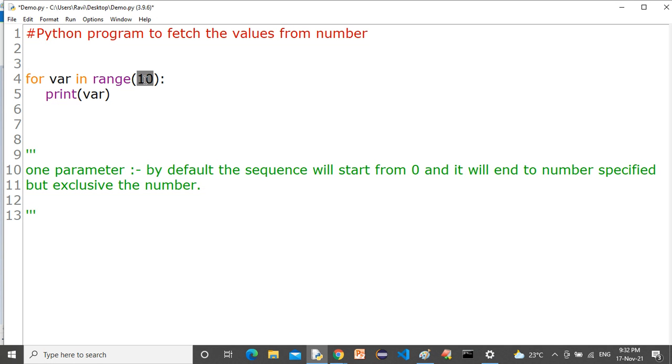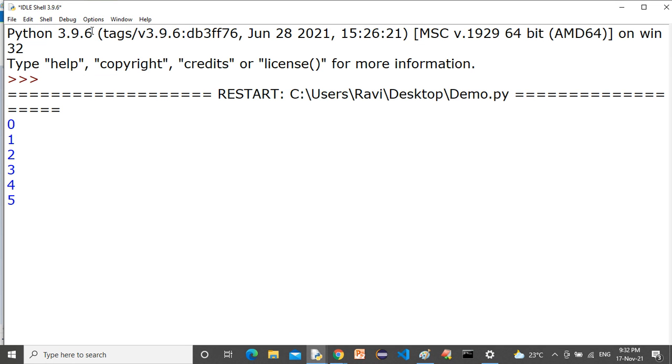We have specified 10, so it will not print 10. That means it will print from 0 to 9. So now if you run this, you will get 0 to 9 only.